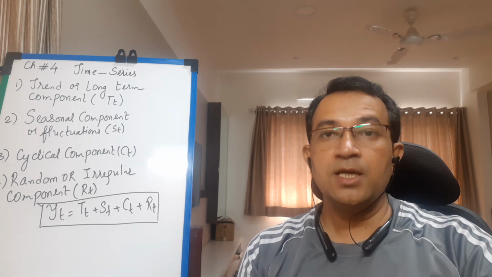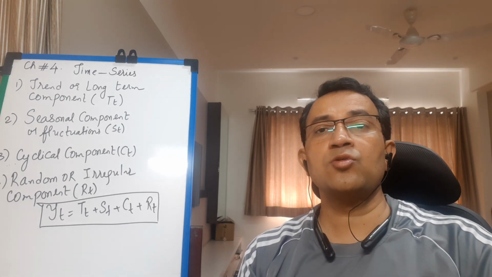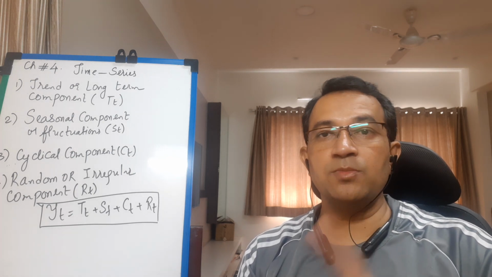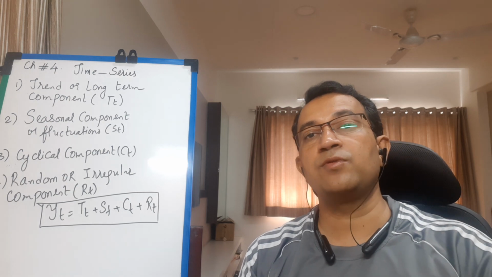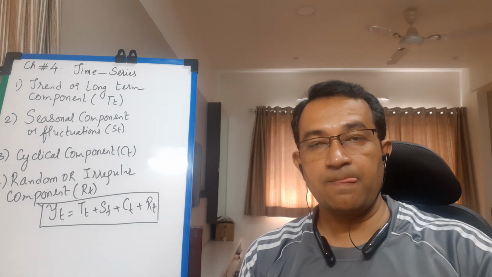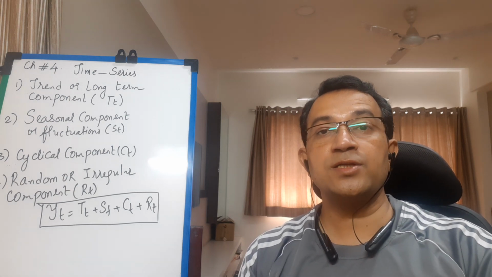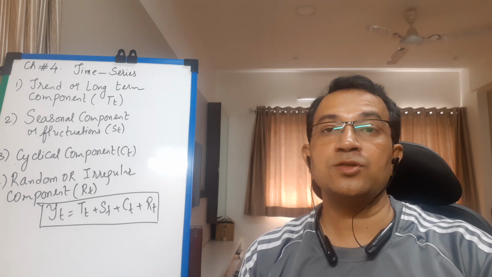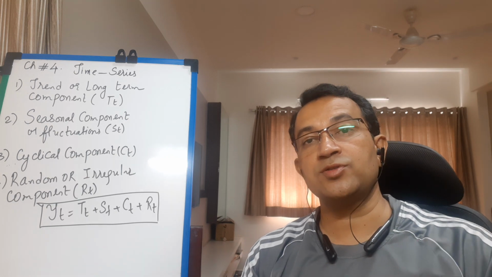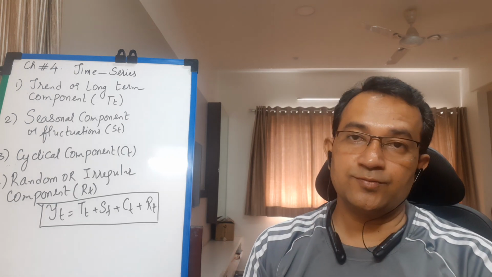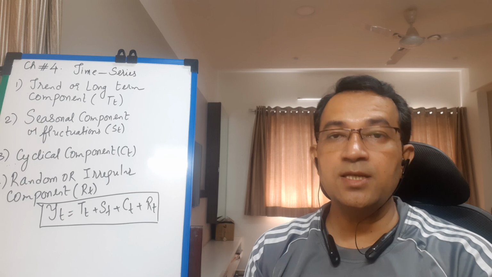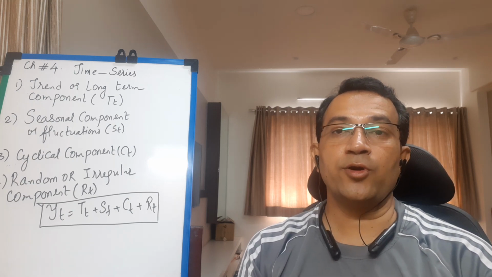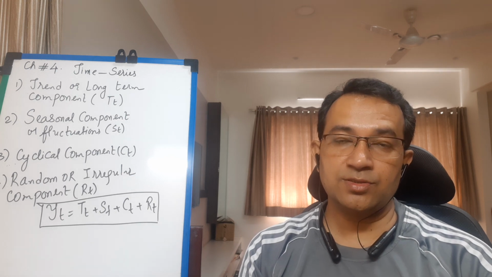Point number 3, the range of correlation coefficient is the closed interval -1 to 1. Means maximum value is +1, minimum value is -1, or any value between -1 and +1. Whereas, students, the range of regression coefficient is any real value. There is no boundary for regression coefficient B. It can assume any positive or negative value, which can be greater than 1 or less than -1. So this is the third point of difference, students.